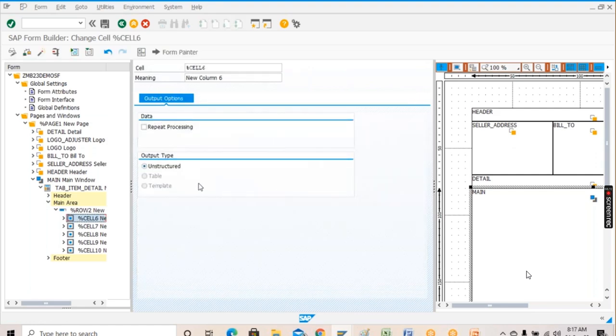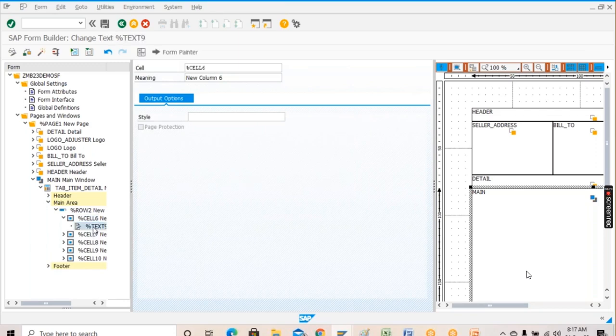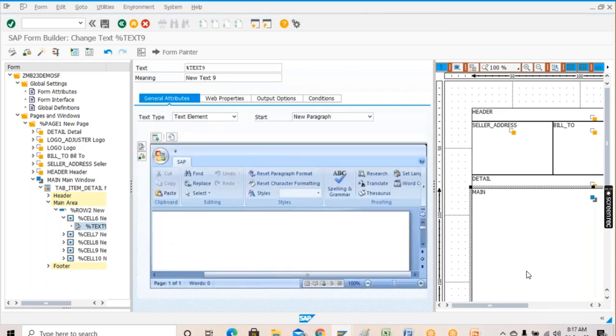Both ways are possible. Now I want to print the data, so right click over here, click on create, and click on this text. Which field would I like to print first? If you remember, I'm printing the item number. I want to print the item number first. For that purpose, what you'll have to do is